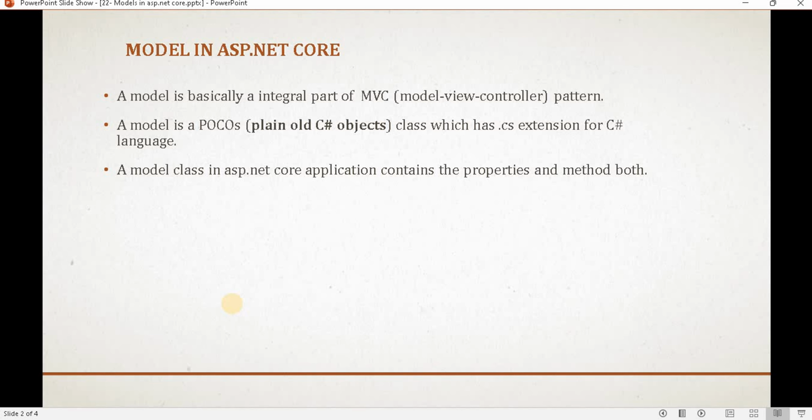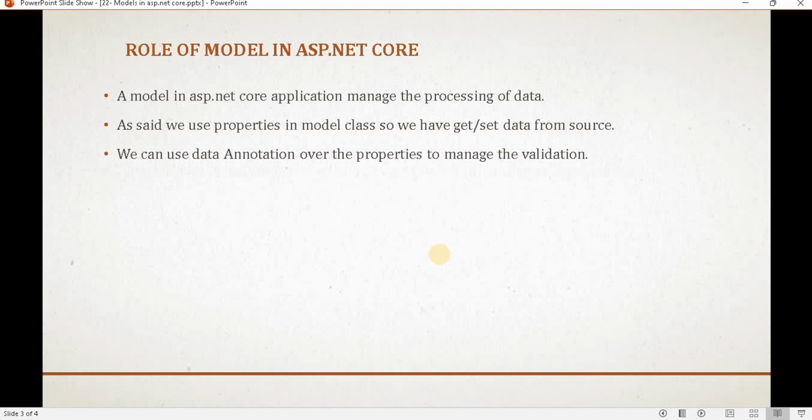As I said, a model is basically a normal class which has properties, meaning get and set properties, and we can put data annotations, or any attribute, to take control over the data. So that is the model. A model class in an ASP.NET Core application contains both properties and methods. We can create the properties and the methods as well.